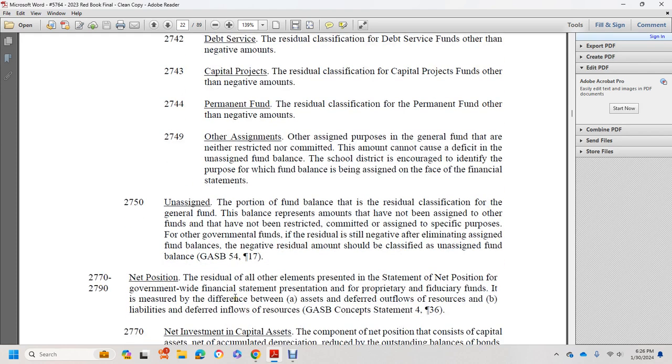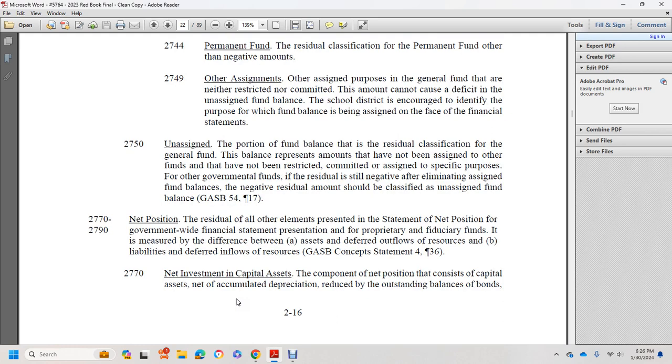54 paragraph 17. 27 to 70 to 27 to 90, net position, the residual of all other elements reported in the net position for the government-wide financial statement. The presentation for proprietary and fiduciary funds is measured by the difference between A, the assets and deferred outflows of resources, and B, the liabilities and deferred inflows of resources, per Governmental Accounting Standards Board Concepts Statement 4, paragraph 36. 27 to 70, the net investment in capital assets component of the net